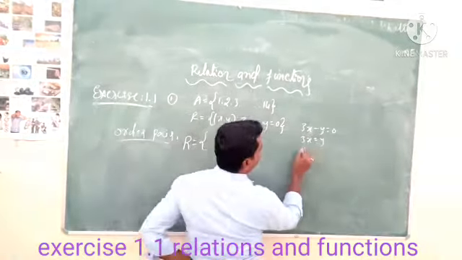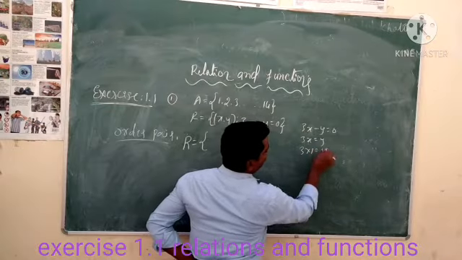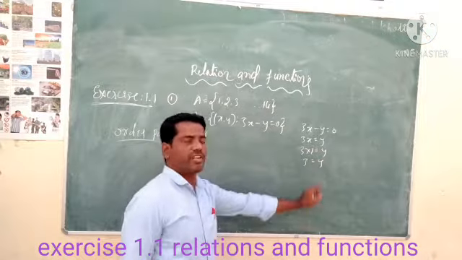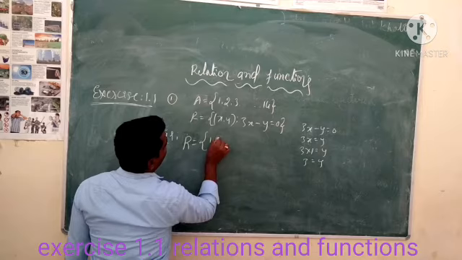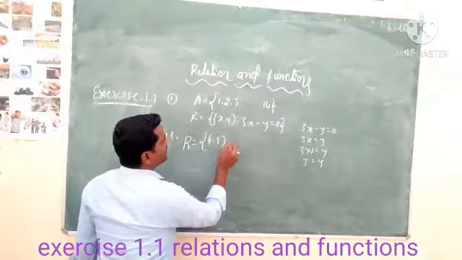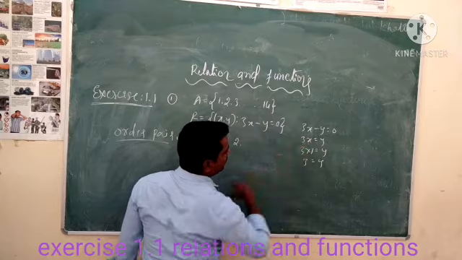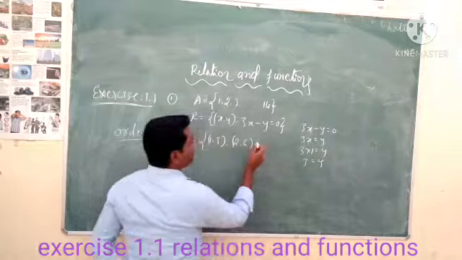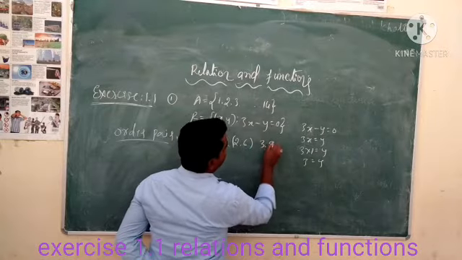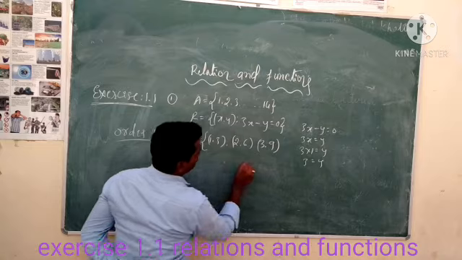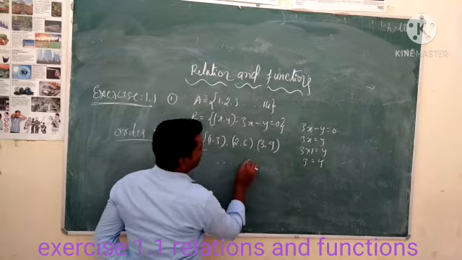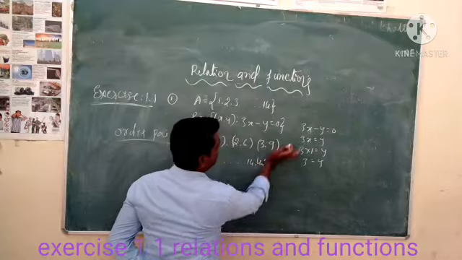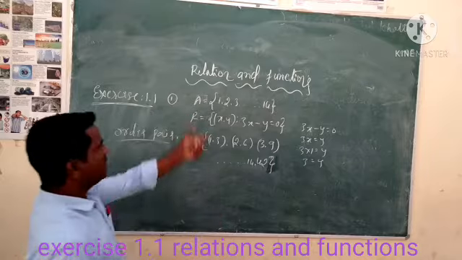If x value is 1, then 3 = y. When x is 1, the y value is 3. That means (1, 3) is an ordered pair. Then x is 2, 2 into 3, y value 6. Then (3, 9), up to x value 14, (14, 42). These are the ordered pairs for this relation.